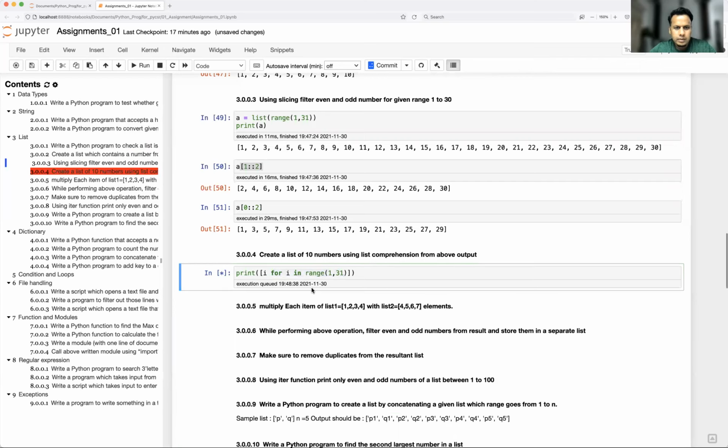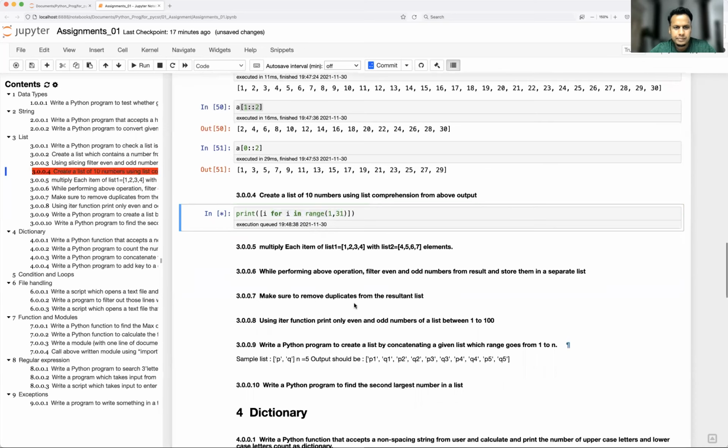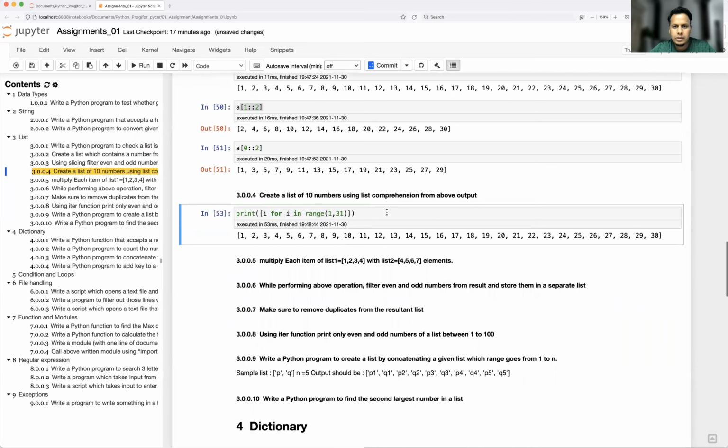Yeah, 1 to 30 I got. I want 10 numbers, so I can use 11. So this is the use of list comprehension.